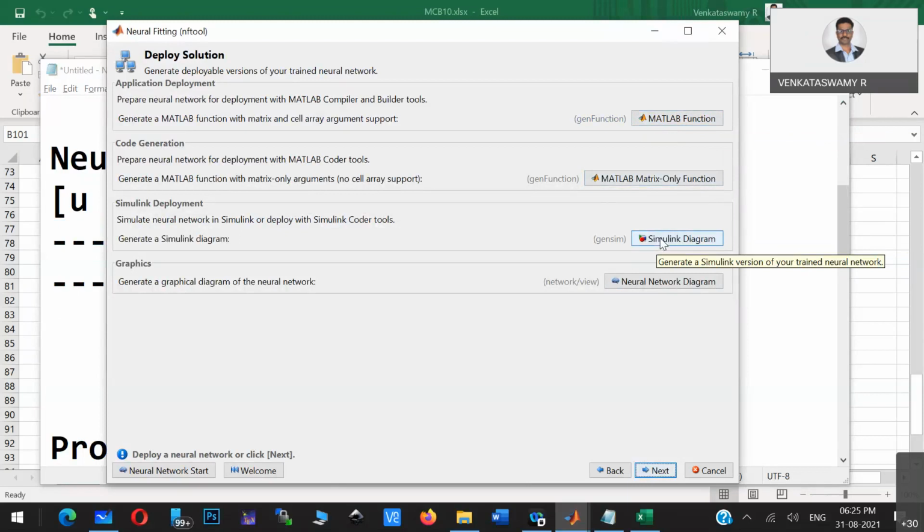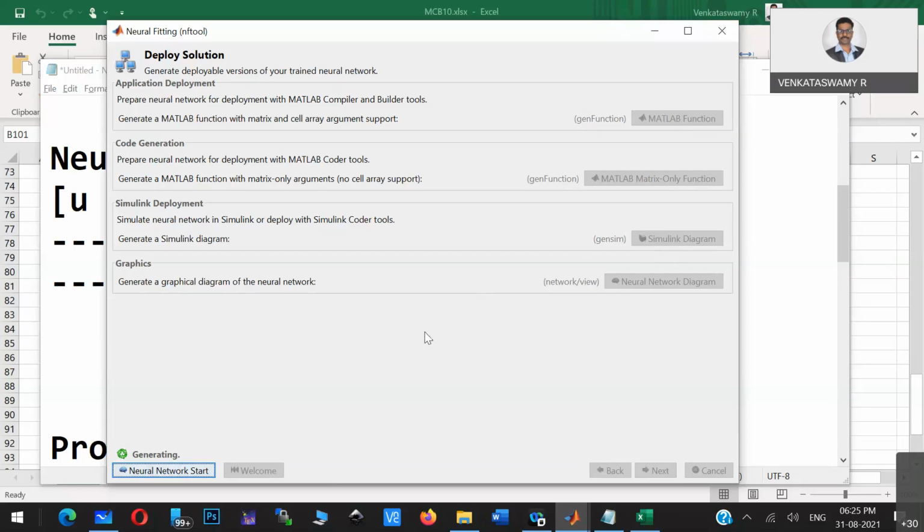Now for better understanding, I'll try to export as a Simulink diagram first. I clicked on the Simulink block. Then what is happening in the backend? For that particular trained model, it is creating a new Simulink block, which is not there inside the default Simulink library.